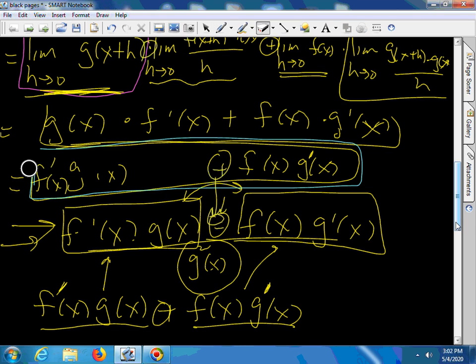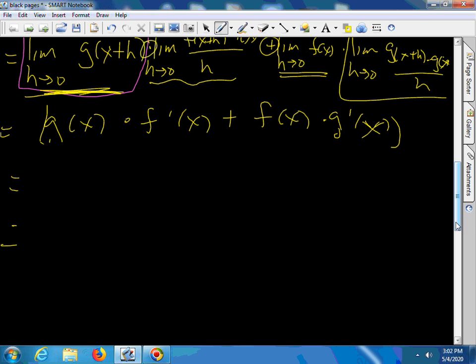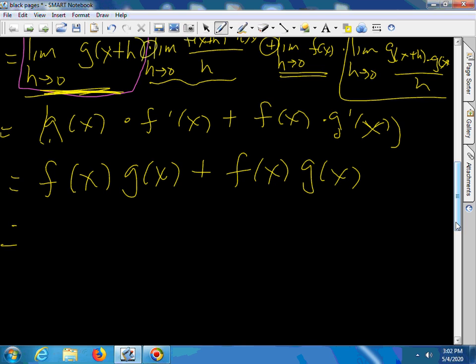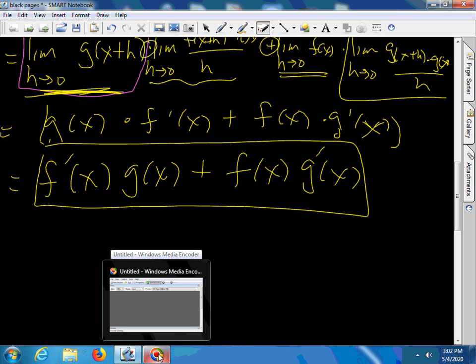But we're getting ahead of ourselves because we didn't prove the quotient rule. But just to have it in front of us, f of x, g of x, prime, equals f prime of x, g of x, plus f of x, g prime of x. Remember the product rule this way. Don't go by what your book says, unless it says this. Okay, that completes this one. And then next we're going to prove the